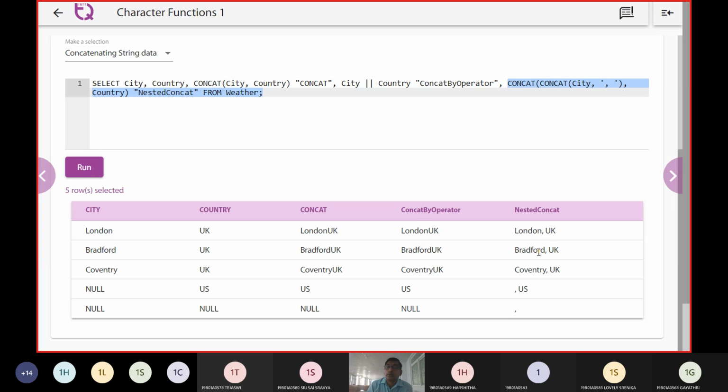So London, comma, UK, Bradford, comma, UK. In this way, Coventry, comma, UK. So you are going to use this concatenate operator to concatenate multiple attributes, and with a comma, whatever separation we need, that separation we are going to bring in. The pipe symbol is the other name of concat. You can directly write concat, or you can use a pipe symbol also.